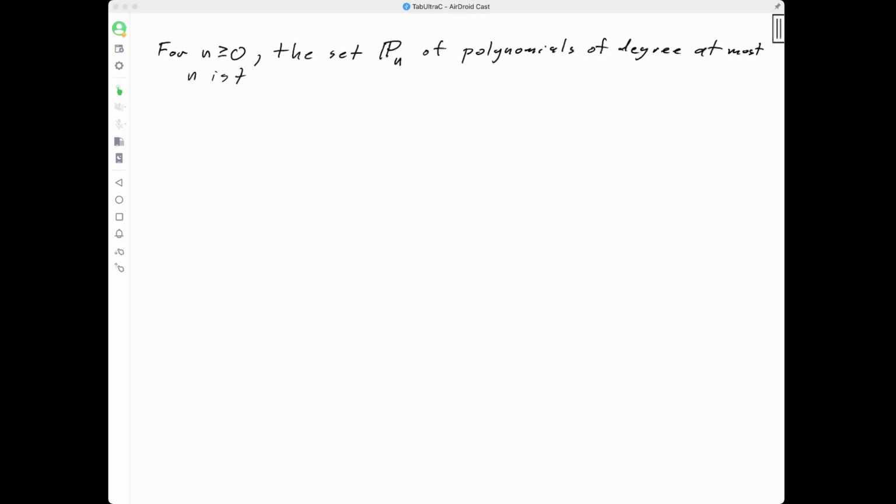It is the set of all polynomials. We can write this set out as the set of all polynomials that look like,